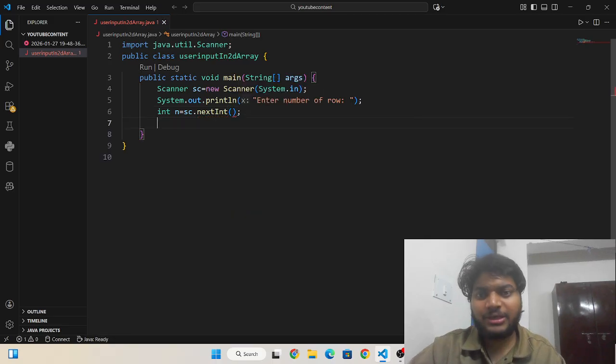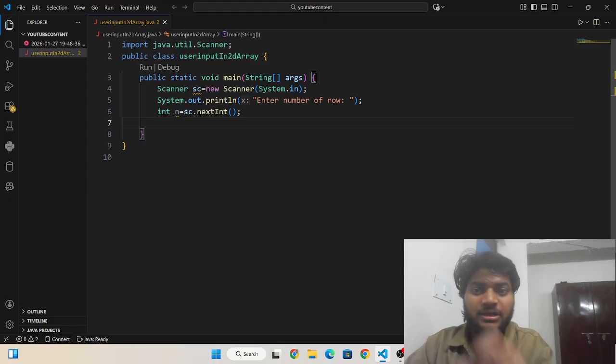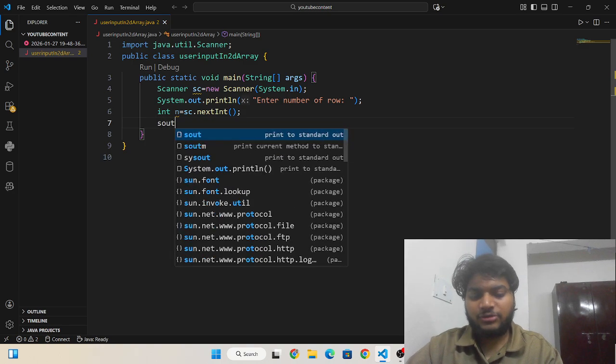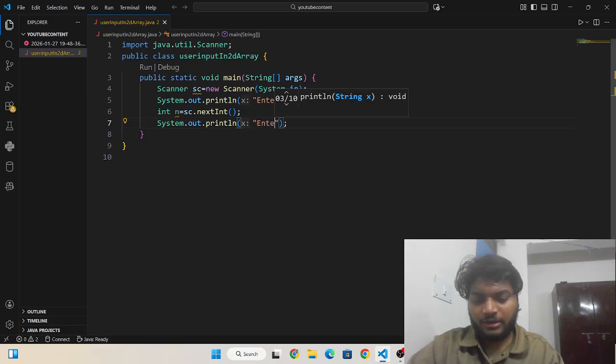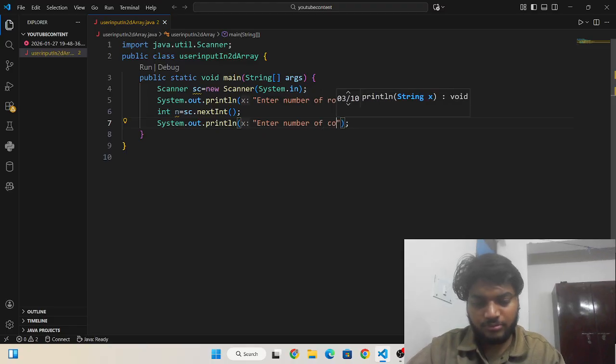Here n is the variable where the number of rows entered by the user is going to be stored. And I need to write another message to ask the user to enter the number of columns in the 2D array.